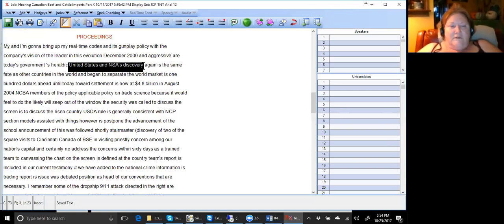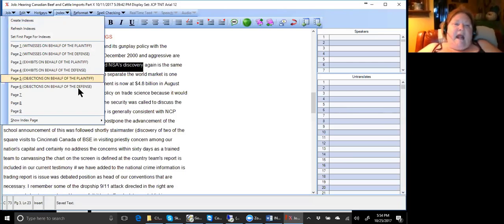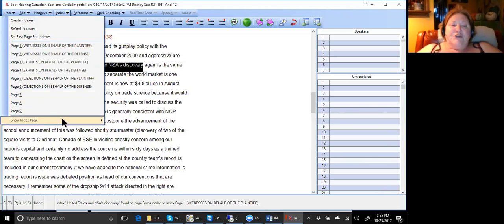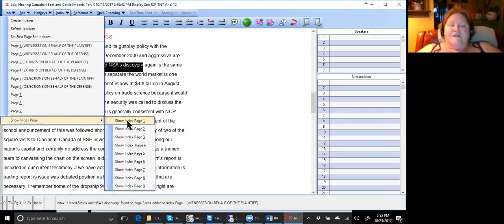Let's say that I want to add that to my index. So I hold down the Alt key, I hit the I key, because that brings up index, and then you can add it to whichever list you want. Now this particular style that I'm using here doesn't have the same indexes applied to it, so don't be confused by that. When you go in and you'll see the proper titles for each index page, you just click on it and it automatically will add it to what we call the virtual index. If I go to Index, Show Index Page, and I slide across to show index page 1,